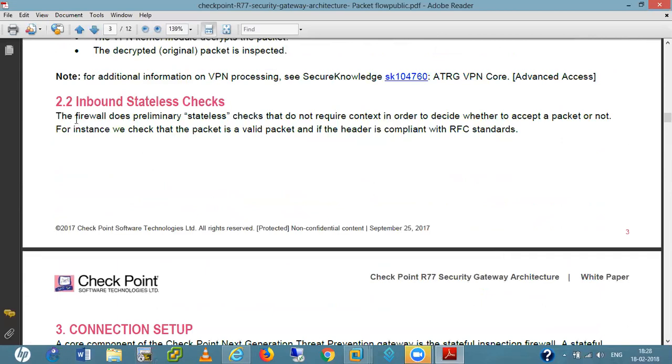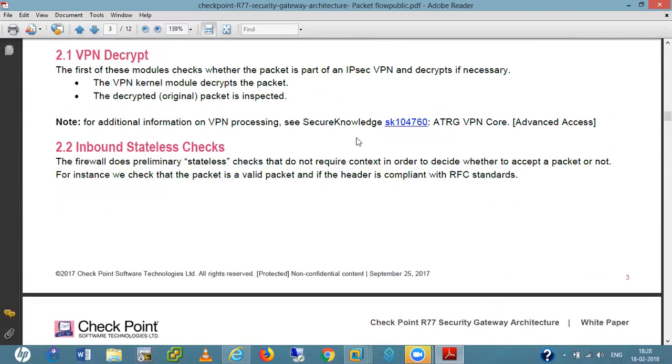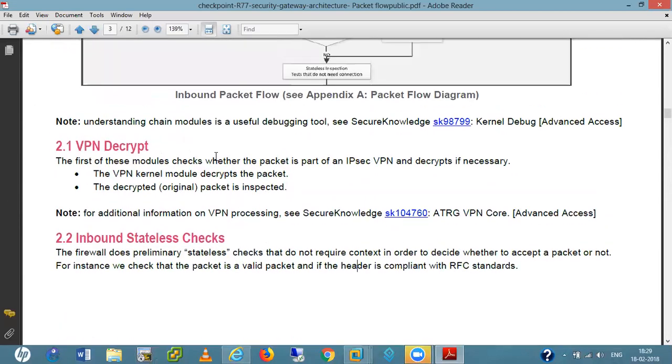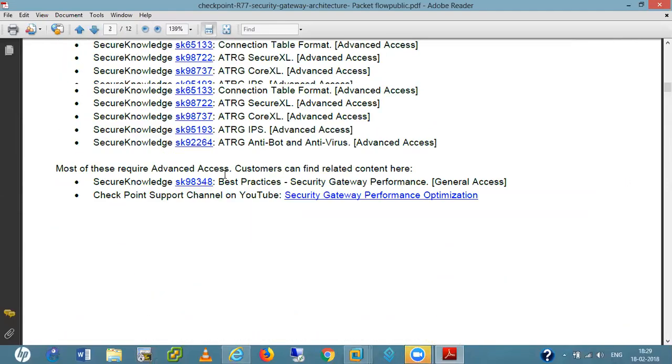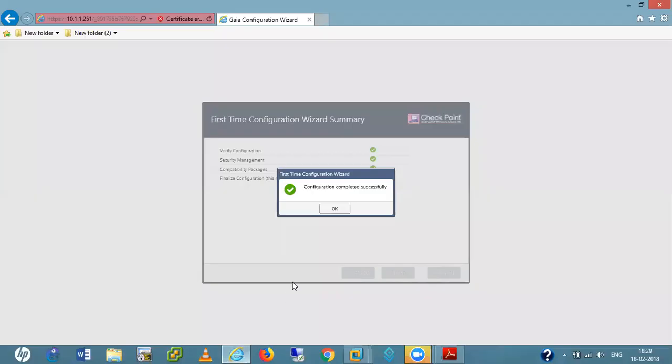Means it checks whether the packet contains everything according to RFC. Like the IP header has some fields, the TCP header has some fields, so it checks whether these fields are there or not. So it checks headers and all these stuff. Here it checks for VPN. That is the packet flow for that.